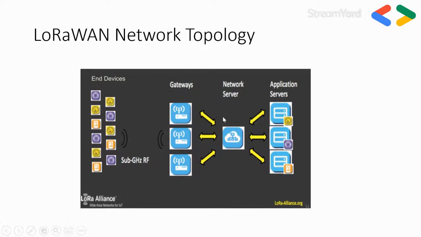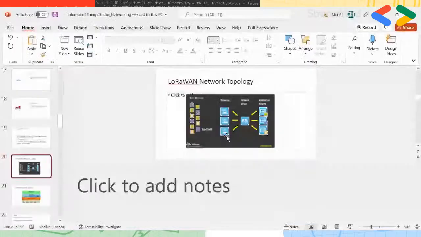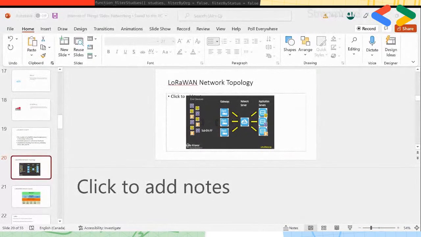What do we use between the gateway and the network server? Let me go back to the comments to see if people are following. I'm going to be looking at your comments now. Can you please tell me what type of connection we use between the gateway and the network server? What sort of protocol do we use? Do we use LoRaWAN or? I'm waiting for your feedback, guys, on that question.